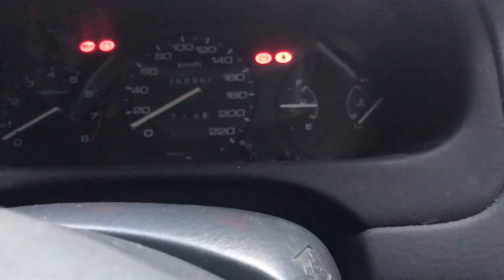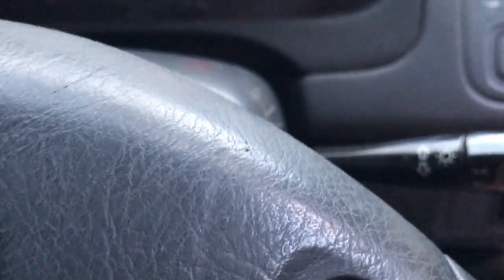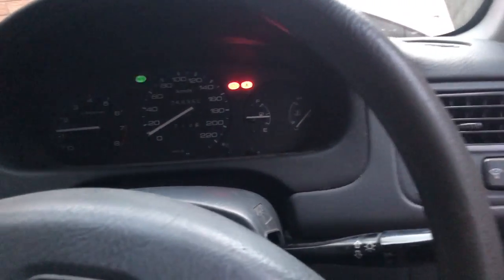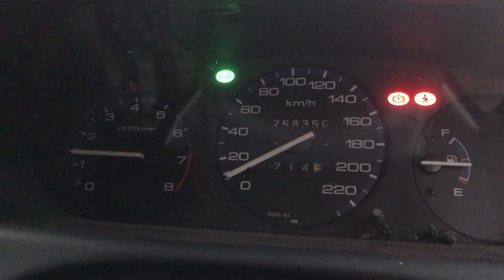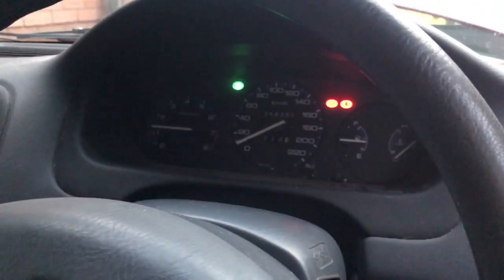Oh my goodness! I wonder if that ignition cut's still working or something. Oh, it's working! It's working! I kind of expected that it wouldn't, to be honest. It's actually working! I don't know if we need to do something about that or not or what, but I kind of don't care either, to be honest. Because it's working, and actually doesn't sound too bad. A little bit surprised. I expected it to be a lot rougher than that, but